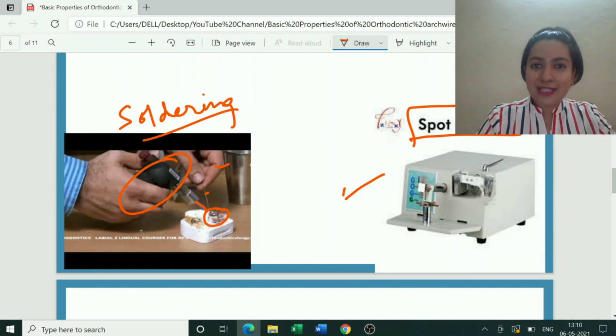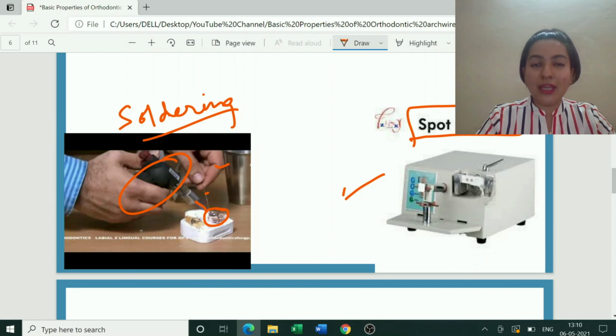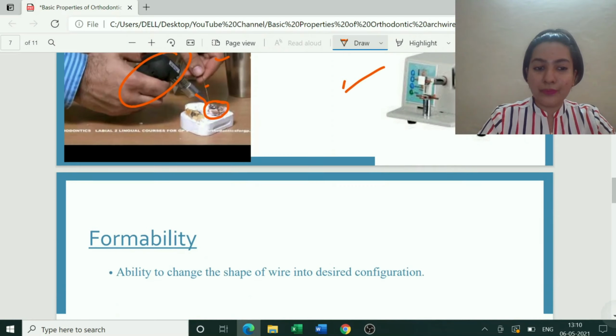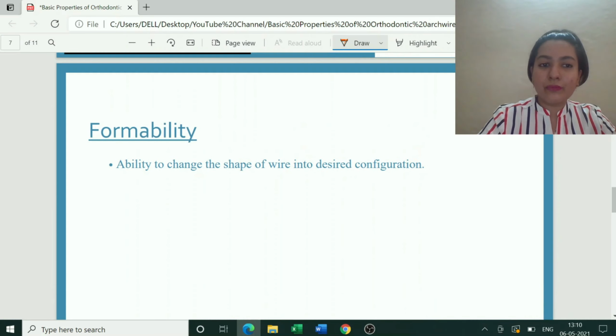So this is the concept of soldering and welding. You know how the gas torch looks, you know how the spot welder looks, what the mechanism is, in which method filler material is used, in which it is not used, what the melting range should be, etc. And the broad common terminology for this is joinability. Please remember that, it is important.